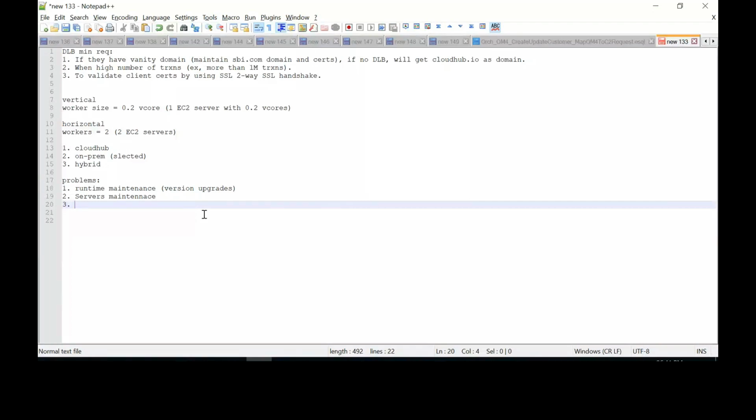So in on-prem, can't we manage it like IIB? We are having 2 nodes, right? Can we manage? Yes, we can. So that is what I said, the work of a DevOps engineer becomes difficult.